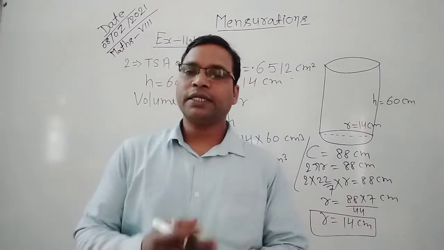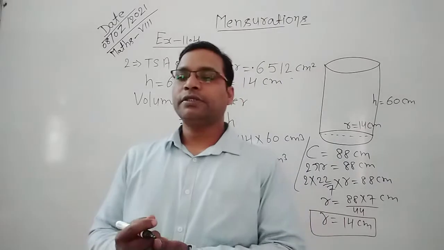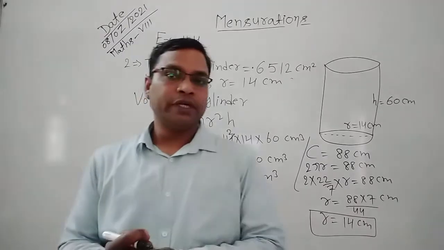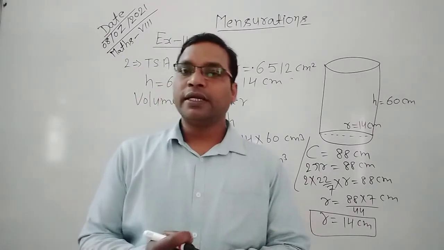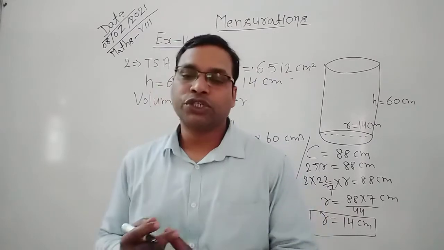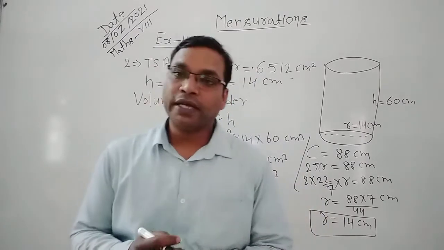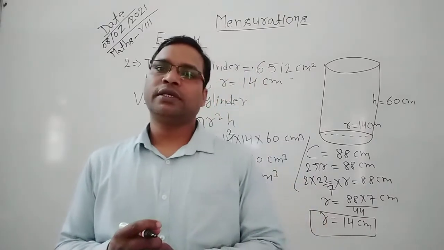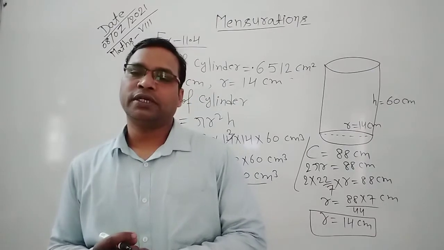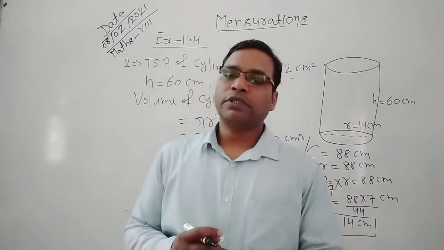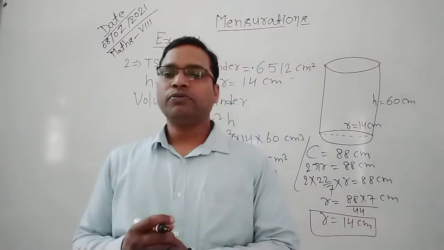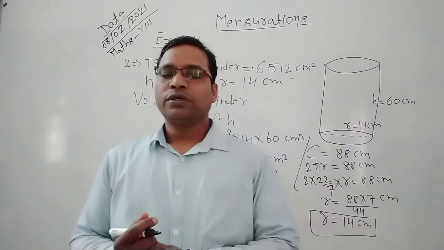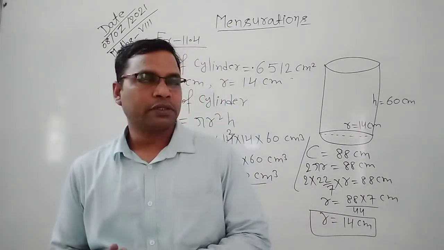So how do you find it here? The ratio of radius of two cylinders is given 3:4 and the ratio of their heights is also given 6:5. You need to find the ratio of curved surface area. So student, you know very well what is the CSA, curved surface area of the cylinder. Curved surface area of the cylinder is equal to what? 2 pi r h. Or you can say its lateral surface area also. Okay. So 2 pi r h is the curved surface area of cylinder.